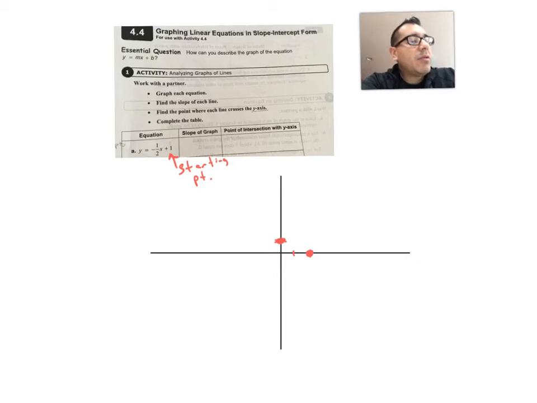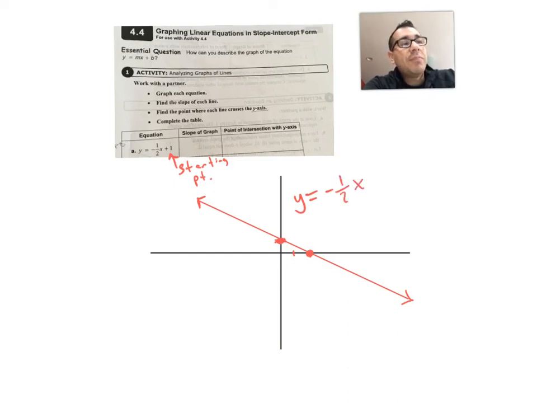So again, let me show you. We went down 1 and then right 1, 2. And now we have 2 points. And once you have 2 points, we could connect them to create our what? Our line. So let's do that. Done. And then because the line is never ending. All right, so this is our line that represents that equation of y equals negative 1/2 x, which the negative